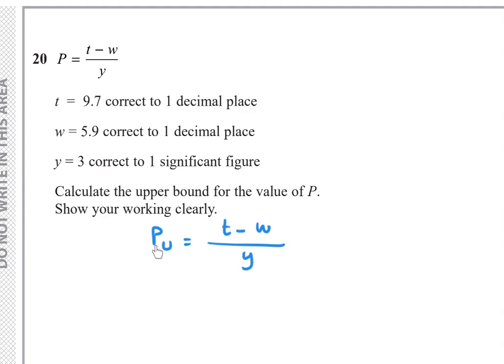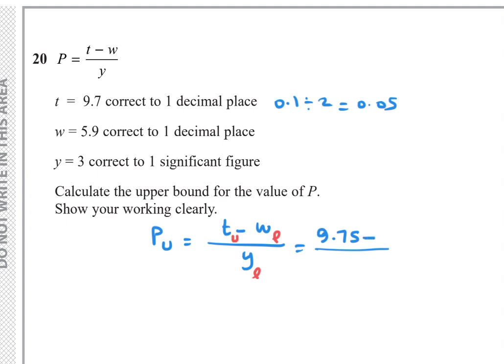So if I need the upper bound, the numerator upper and the denominator lower. But in the numerator we have a difference. So if I need the difference upper, the first upper and the second lower. So upper minus lower, over lower. Now to find T upper, T is 9.7, correct to 1 decimal place. So 0.1 divided by 2 is 0.05. Add 9.7 plus 0.05, so